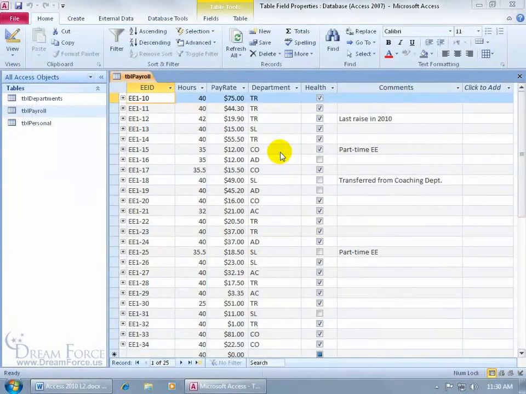Another way that I like to help out my front-end user when it comes to entering in data is to shorten their work. For example, I allow them to enter in the department code, not the full name for the department. That's fine and dandy until I get a new employee who doesn't understand what TR is. So what I can do to help that person out is I can convert this field into a lookup field,